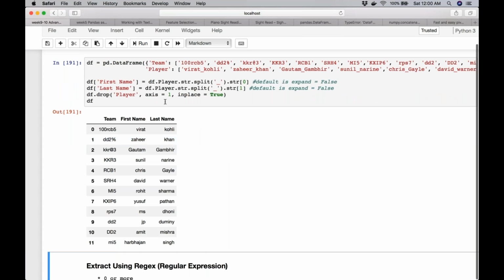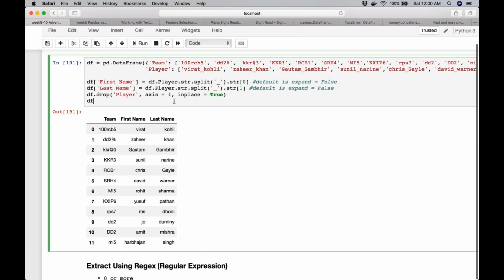Here, all these operations are vectorized, so your split is also working row wise. I split the player, and then the zeroth element, the first element, I'm saving to first name, the second element I'm saving to last name, and then I'm dropping the player name. So this is the data frame that I get.